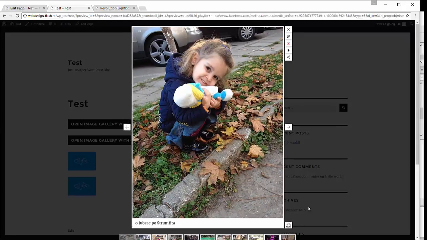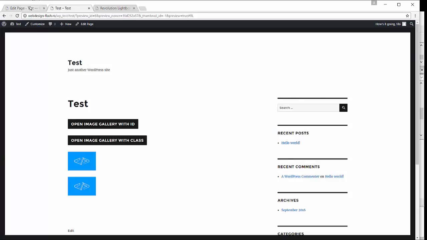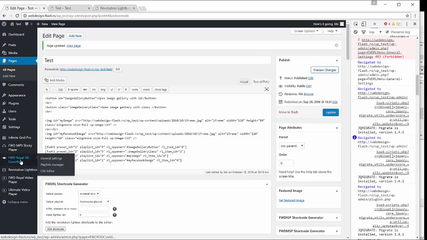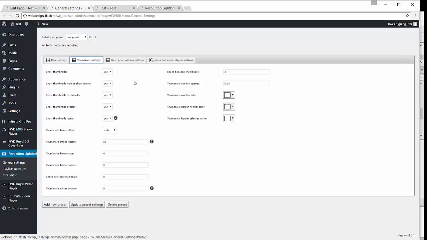Something that you need to know, for example, if you want to remove the thumbnails from the Facebook album, how it is done, you have to go to general settings. We can do this by modifying the preset that we have, or we can create another one and disable it there, but we will use this one since it's created. So we'll set show thumbnails no,